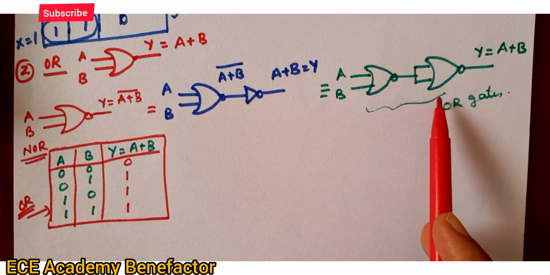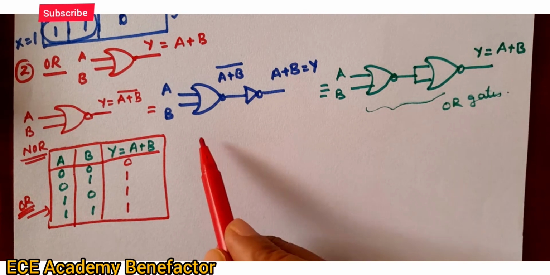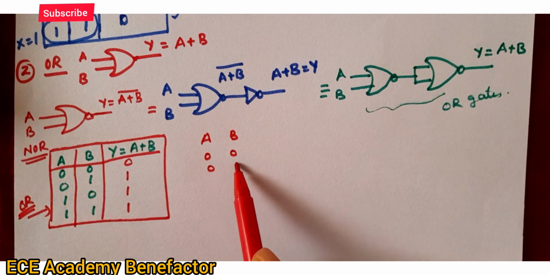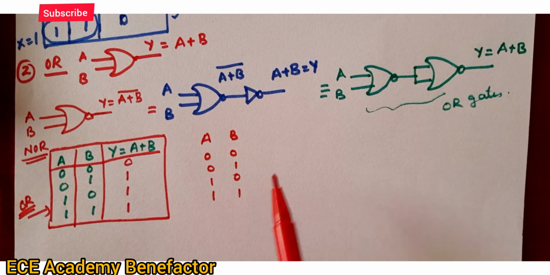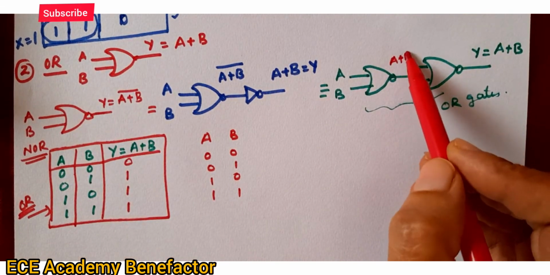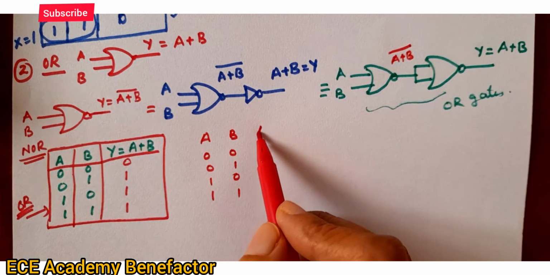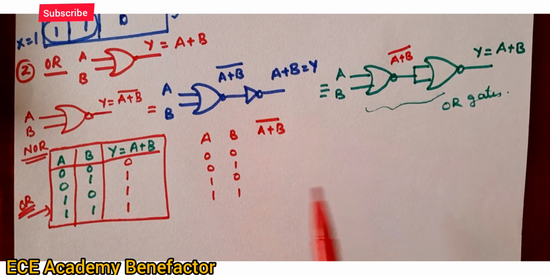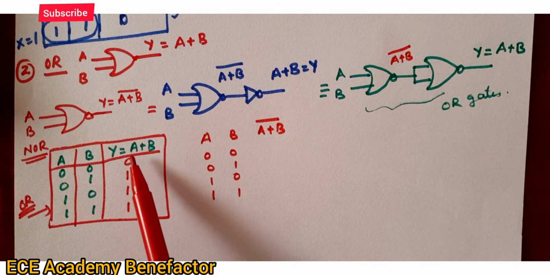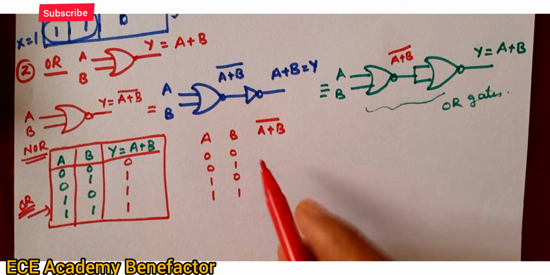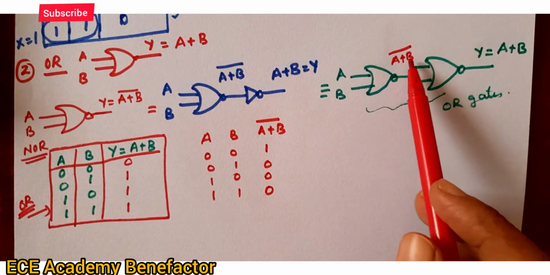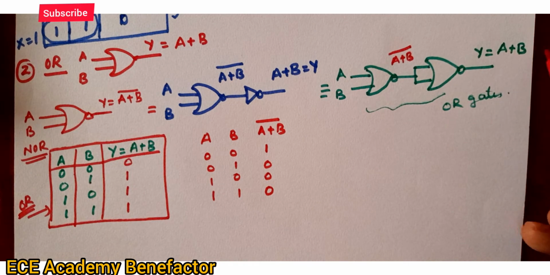So let us prove whether this truth table comes out as an OR gate or not. We have input variables A and B, with four possible combinations: 0 0, 0 1, 1 0, 1 1. Here the expression is (A plus B) the whole bar. That is the complement of the OR gate. This is the OR gate and we want to get the complement, so it will be 1 0 0 0. Okay, so (A plus B) the whole bar. Now you are giving it to an inverter, so it becomes A plus B.